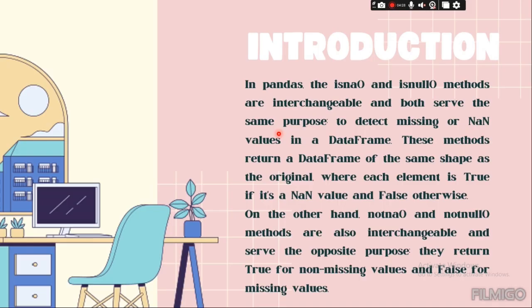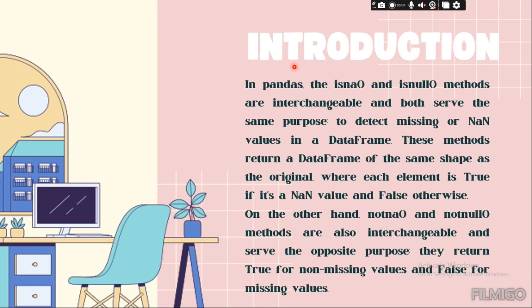First of all, let us know what a missing value is. A missing value in a data set refers to a data point or observation that is absent or undefined for one or more variables or for one or more features. It could occur due to various reasons such as data entry errors, equipment malfunctions, or intentional omission. So checking for missing values is the most important and primary step that we want to do when we read a data set. In order to check whether the element is a missing value or not, we have four methods,